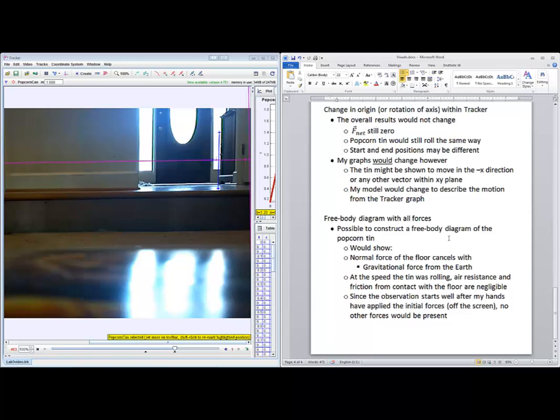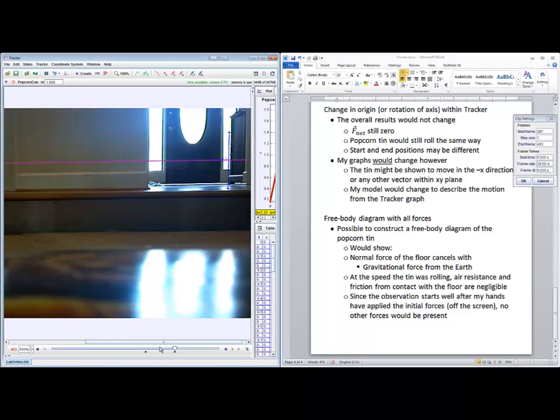Also, the observation in Tracker starts well after my hands have left contact with the tin. You don't even see that happen off to the right of the video. And so I'm not applying any extra force. I'm not blowing on it with a bellows or anything like that. So those are the only forces left on it, and they cancel out so that F net is 0. And that's why it has a constant